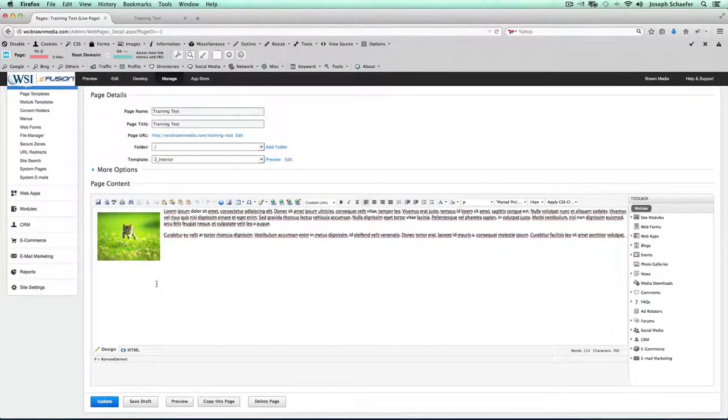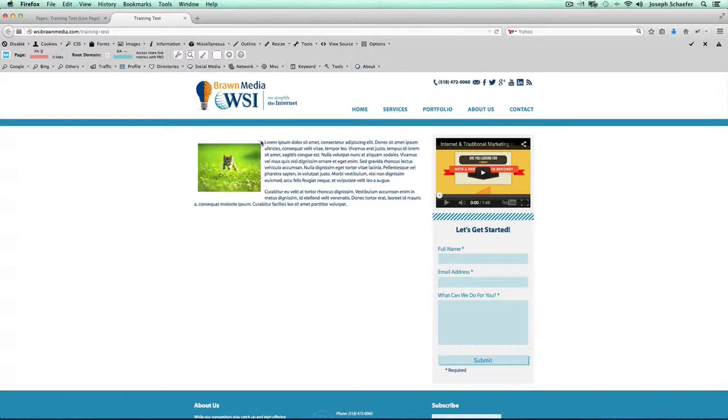And even at that point, if you wanted to give it a border then, so you don't have to worry about adding a border within the editor, it would be a good idea to do that then. So now that I've added my border and it's white, we can see that the image looks good. The text isn't bumped up against it, but I've got an image in here. And images and video are always a good idea because your visitors tend to like to see those things. And it also breaks up the text,